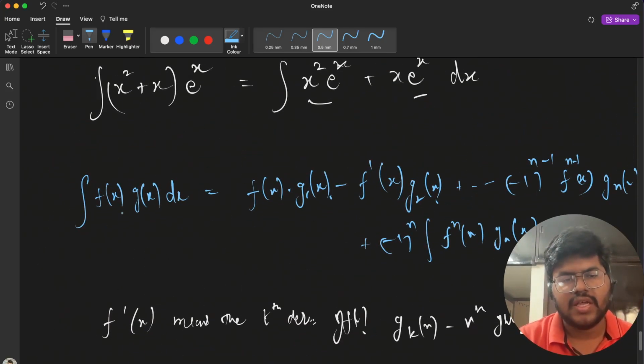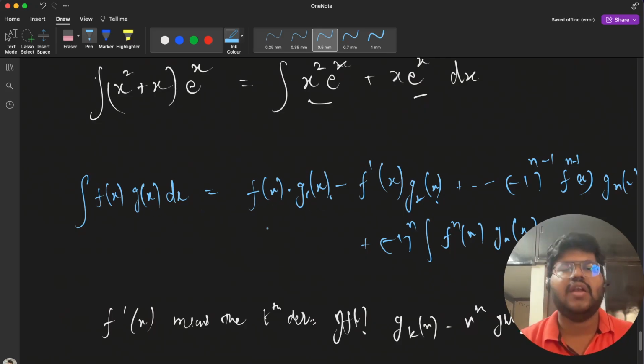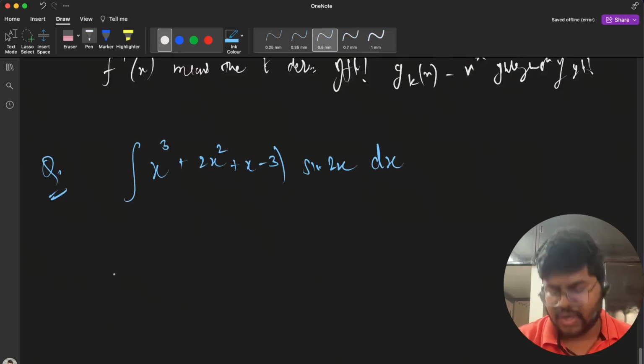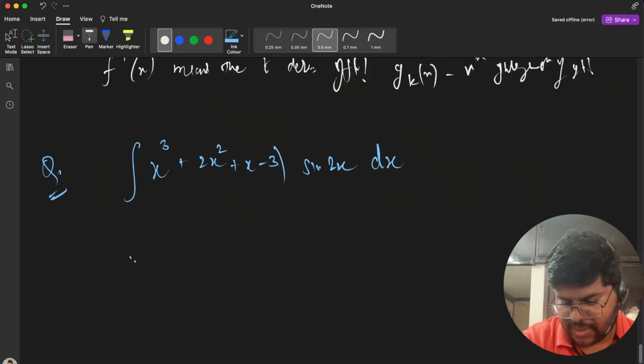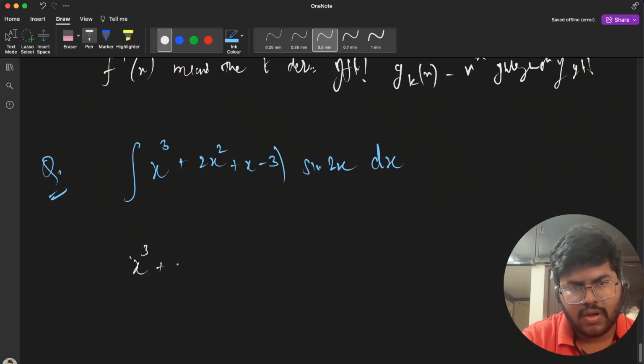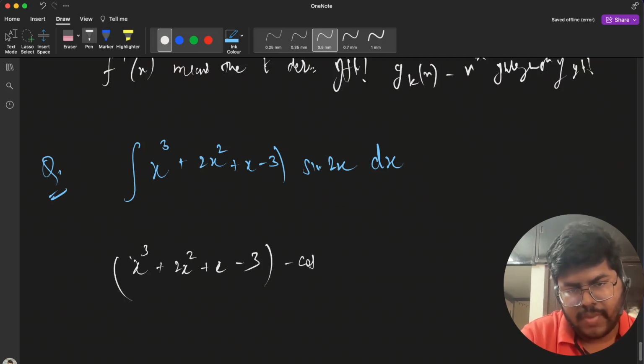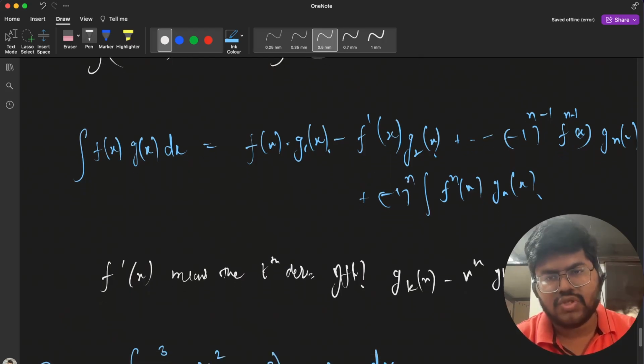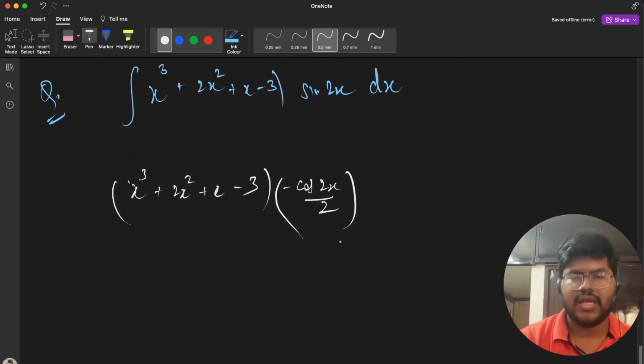So the formula is the integral of f(x) g(x) dx equals f(x) into g1(x), right? So the first part is f(x) into g1, the integral of sin 2x. So f(x) means simply x cube plus 2x square plus x minus 3, and g1(x) means minus cos 2x by 2, right? Then the second part of the formula comes: minus f1(x) into g2(x), which means integrating a second time. So minus